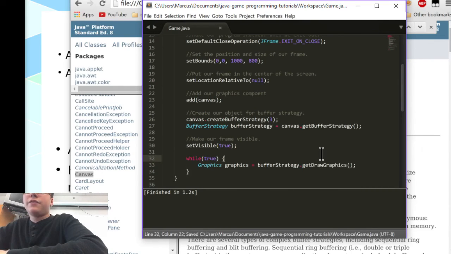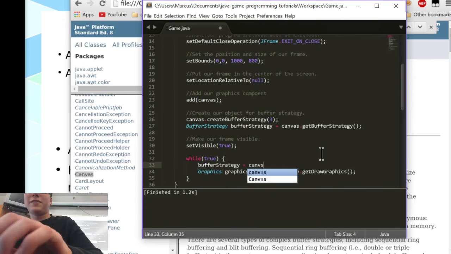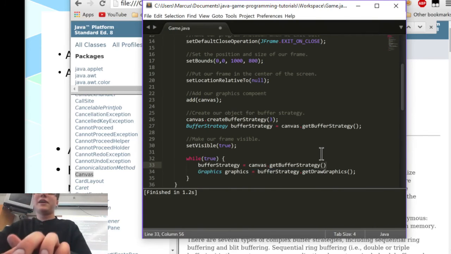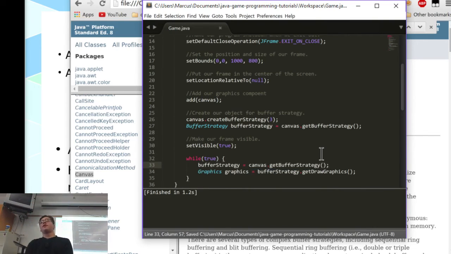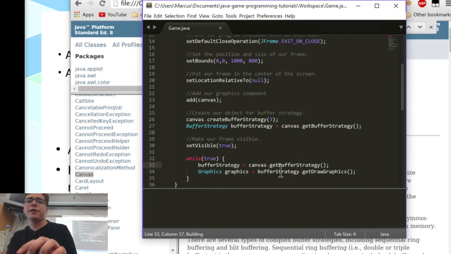So this gets the graphics for our specific buffer strategy. And actually, now I think about it, yeah, we do need bufferStrategy equals canvas.getBufferStrategy, because that will get the current buffer we're on, the current buffer we're writing to. So those two lines will get our buffer strategy and give us the graphics from that.